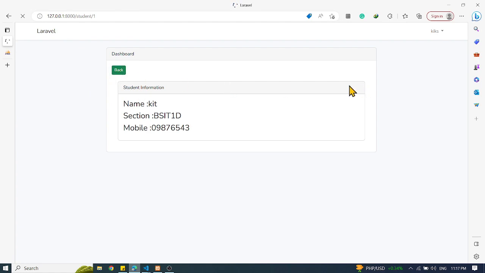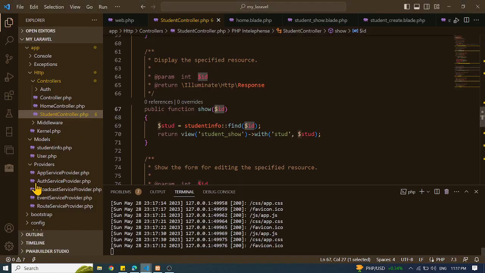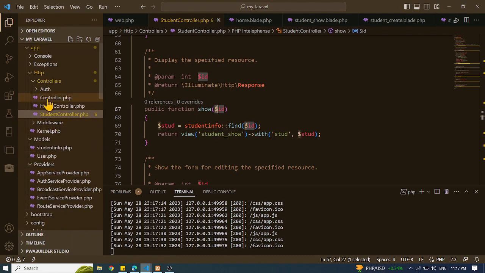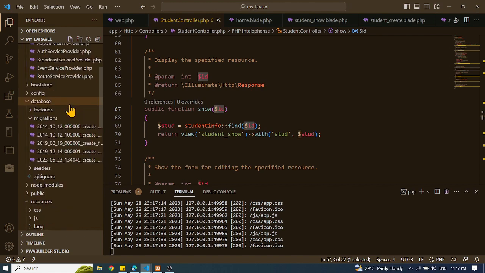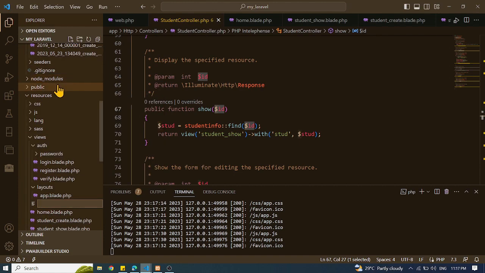So next thing that we need to do is yung edit. So first, let's create a blade file for our edit, no? Let's create the edit.blade.php. Okay, so again, into our view, nasaan yung view natin? Sa ating view here, let's create a new file and let's call this student underscore edit.blade